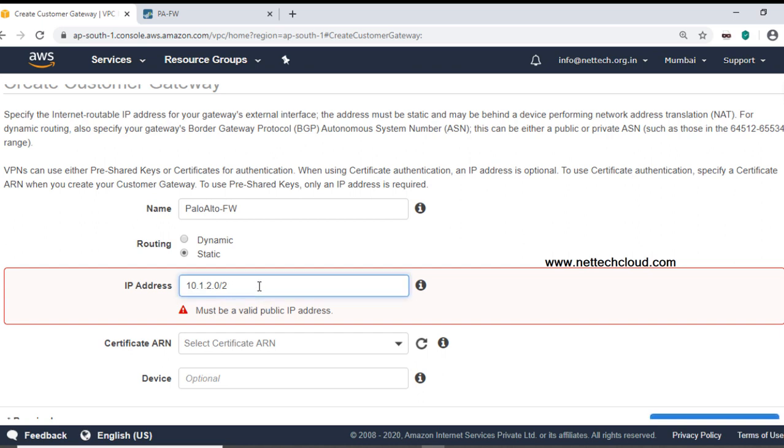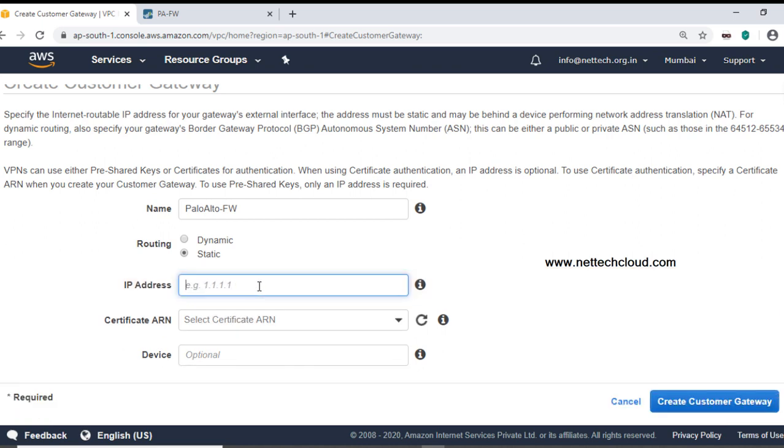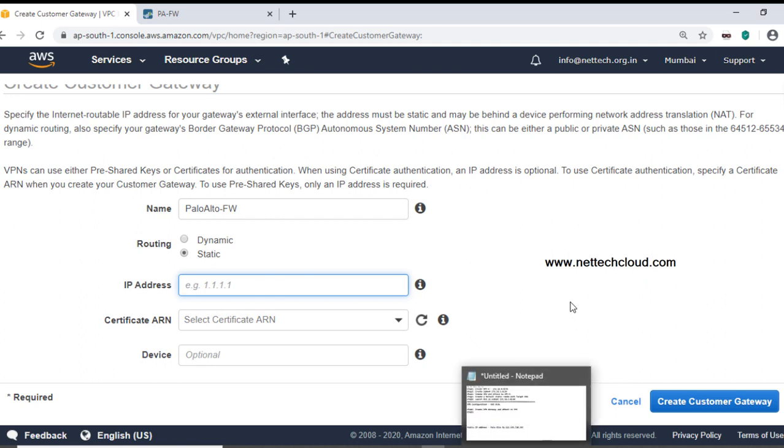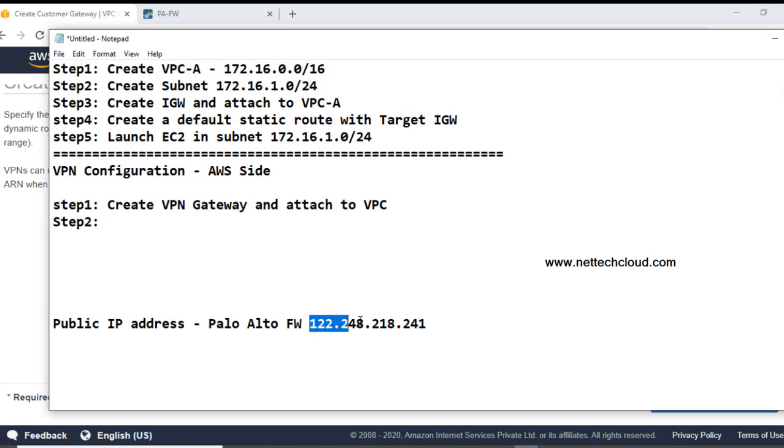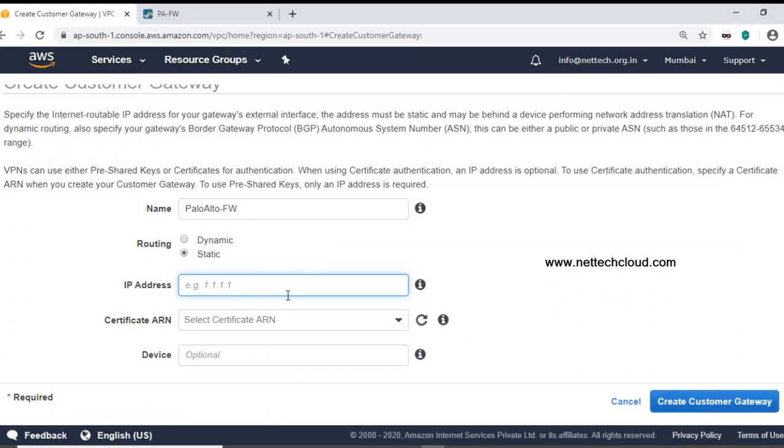Oh, I'm sorry. It's not a CIDR value, in fact, it is the public IP address. So I'm sorry. The static public IP address is required here. So static public IP address of customer VPN gateway. In fact, it's not the network address, it's just the IP address of the VPN gateway. The routing part needs to be done separately. Like this option here, route propagation, a kind of dynamic routing sort of thing. Another option is static routing. I'm going to show you how to do the routing. So here Palo Alto firewall IP address is this one. So copy it, paste, done.